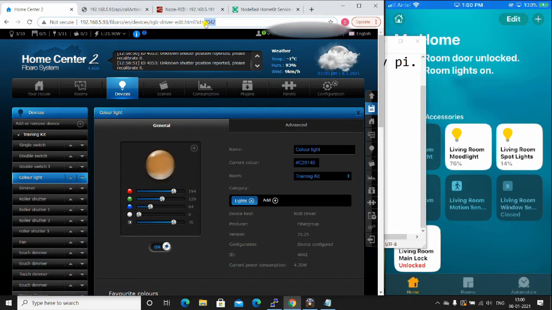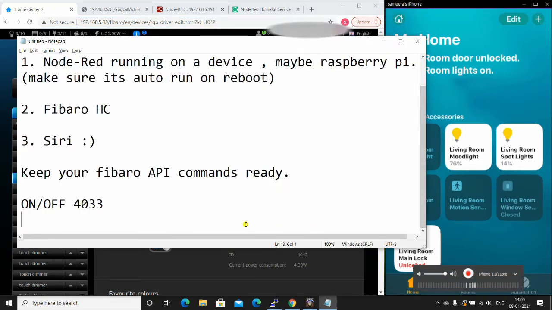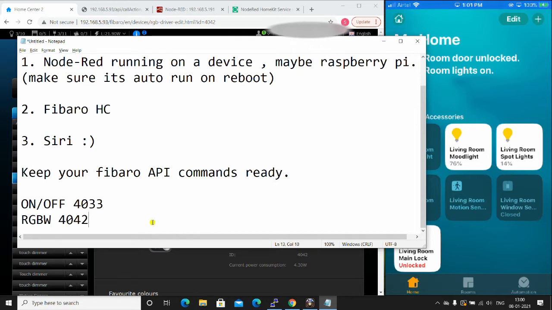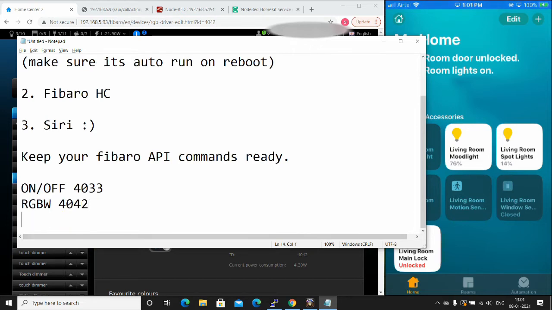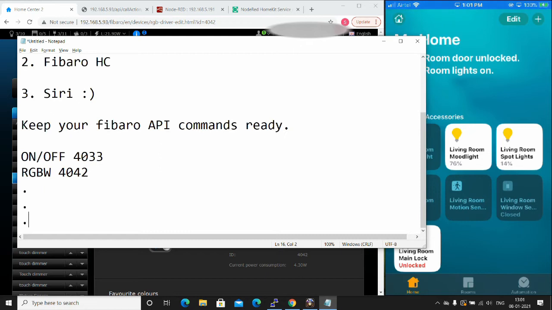When I open it, you can see the unique device number. Take a copy of it. For RGBW, it is 4042. Similarly, you create a whole list of devices, device types, and device numbers.